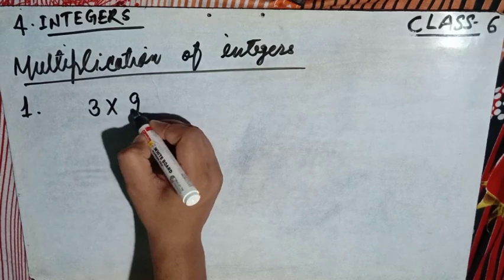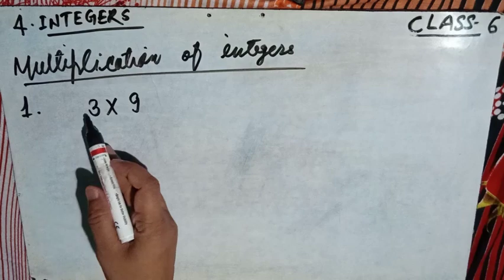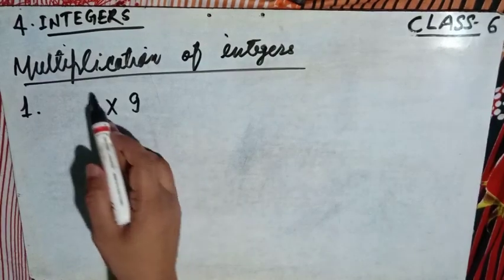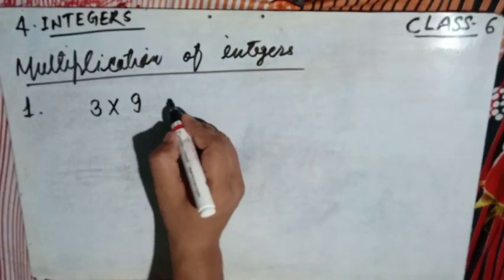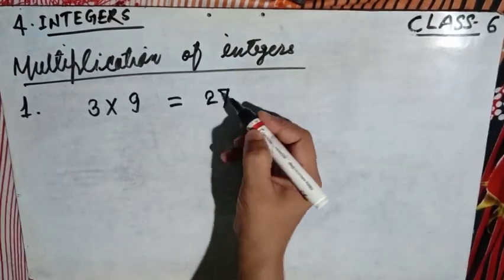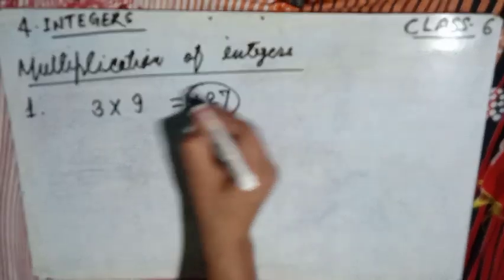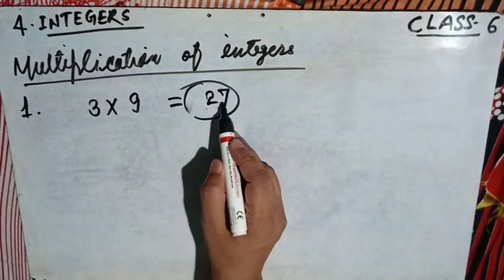multiply by 9. First we are going to understand we have to multiply two integers with the same signs, means the first integer has a positive sign and the second integer also has a positive sign. Here 3 and 9 are both positive. Now we multiply their values. 9 times 3 is 27. Then place the positive sign before this product. But the plus sign is hidden, that means 27 is your answer.